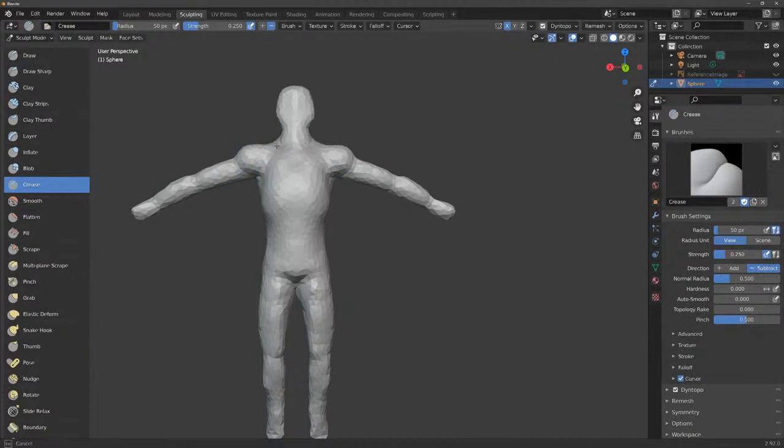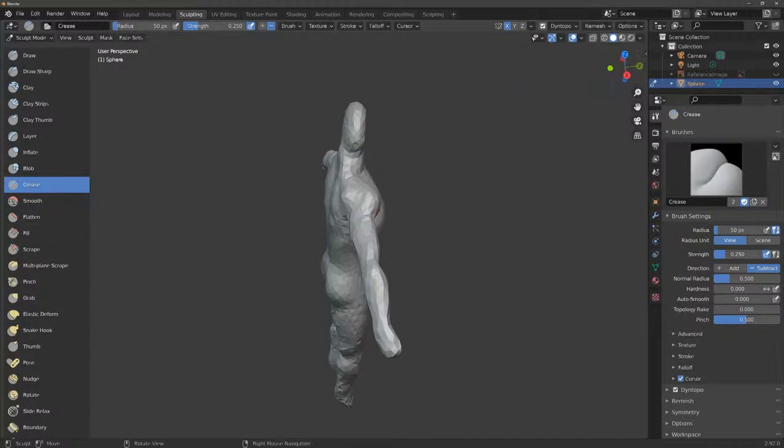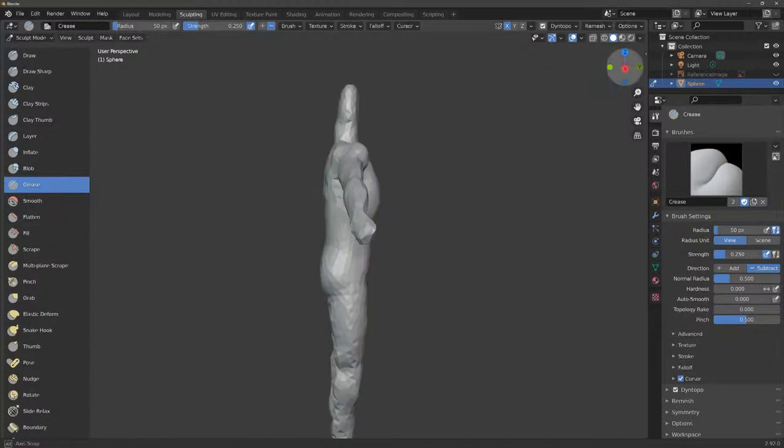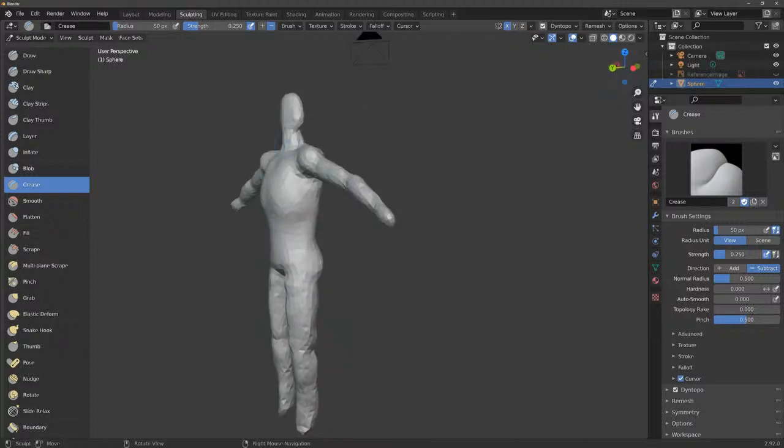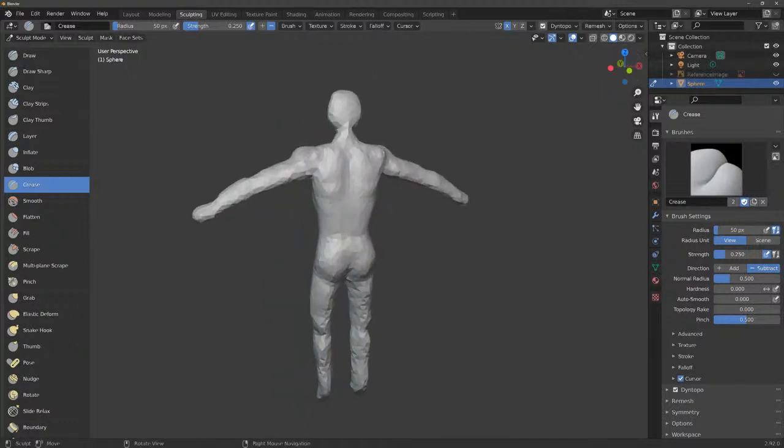Crease around this neck, make it nice and defined, nice and obvious where the neck is. And I'm going to do the same thing around here and define this as where the head starts. And then for the head, I'm going to show you the